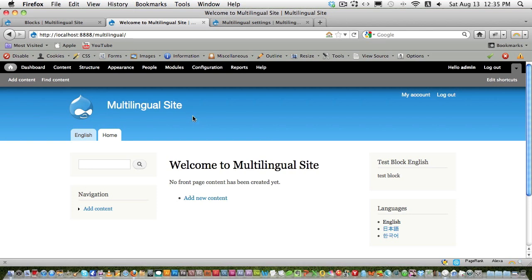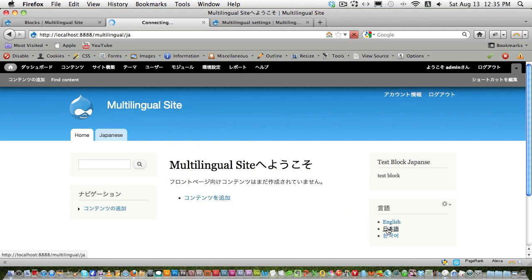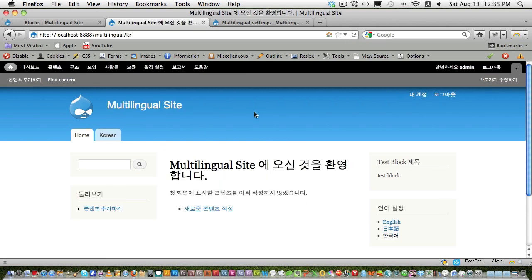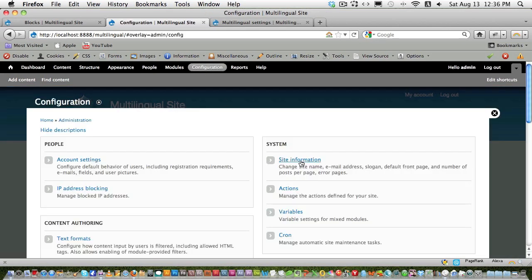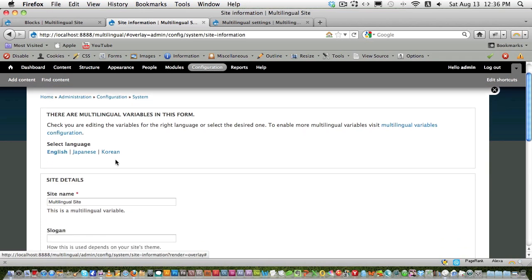Okay, the last thing I want to show you is how to change the site name in different languages. Currently we are in English and the site name is multilingual site, and when we go back to Japanese it's still the same multilingual site, and when we go back to Korean it's still the same multilingual site. So how do we change the site name in each language? For that, let's go back to configurations, site information, and here you can see an option to choose the